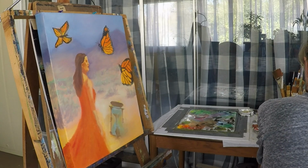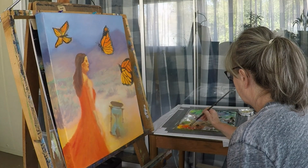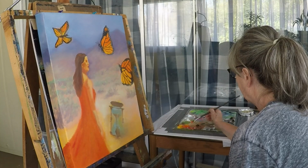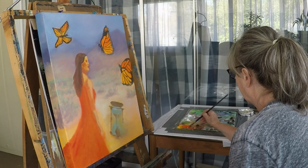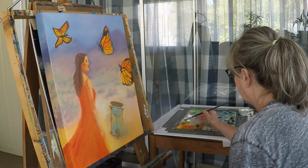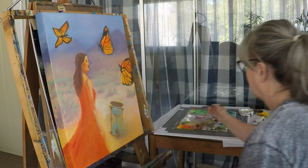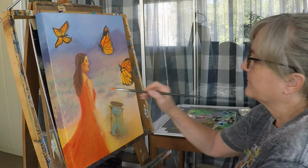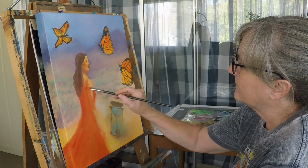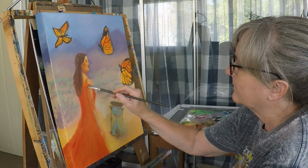And then you won't see this in this video, but later on I also go in and I tweak the hourglass a little bit so that you can tell that sand is pouring out of it. I don't know if you'll see that on the video or not, but one thing I know you won't see is where I go in and I shade the butterflies a little bit more so that there's some depth to them in how they might look in the sunlight, which was tricky because